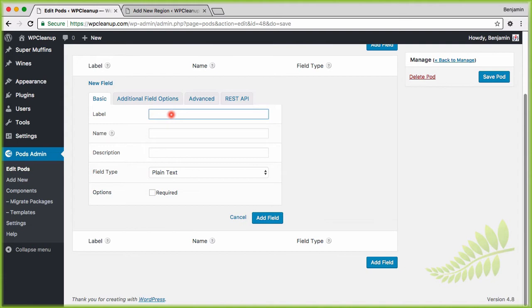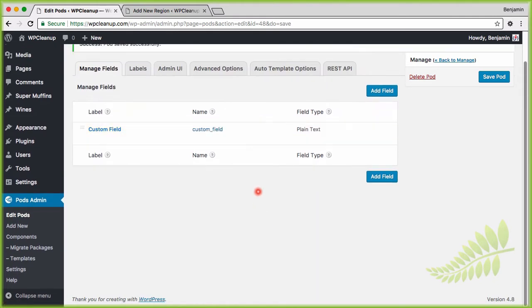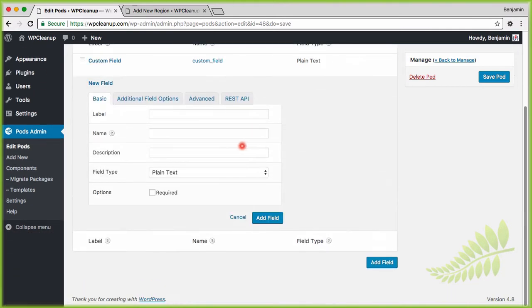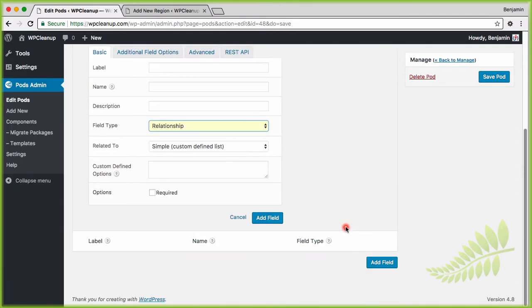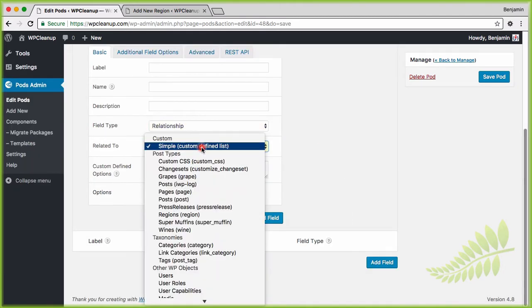I want to put just a very basic thing, so we're going to call this one our custom field. I'm not putting anything special here. I just want a plain text field because we're going to add a few other things. Again, that's called custom field. Now we're going to scroll down to another type of field called a relationship. A relationship gives us the ability to use